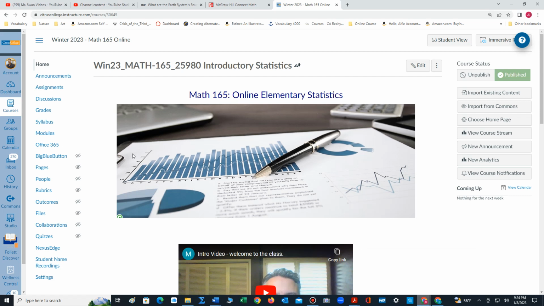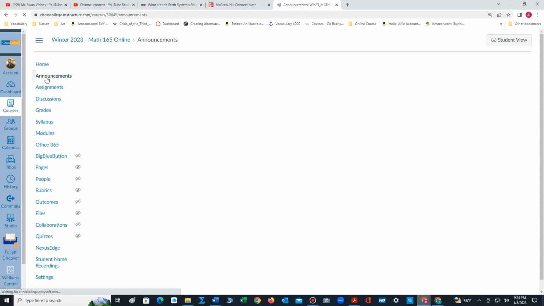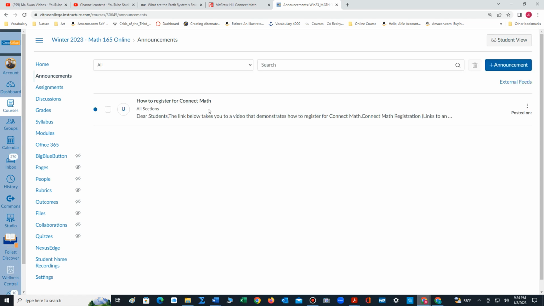So when you enter Canvas, you click on announcements, and then of course that's where it'll be posted. You definitely want to read through the announcements, and that's where I'll just keep you updated with any material that's expected of you to complete for that day or other items I feel are important for you to know.